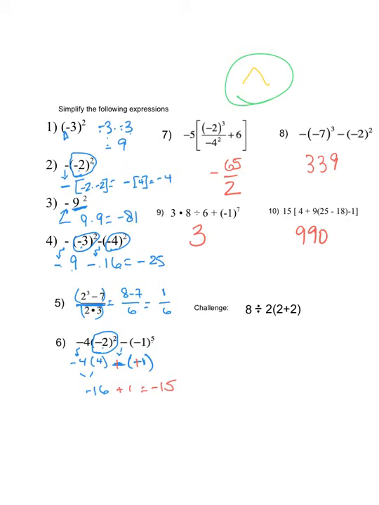Okay, so to begin with, I would do what's in parentheses. So this is 8 divided by 2 times 4. And ladies and gentlemen, remember, multiplication and division, neither one is above the other on the hierarchy, so we just move left to right. So we would do 8 divided by 2 next, which would be 4, and then 4 times 4 is 16. Everybody all right? Just a little something to look at. Okay, so what I would like you to do is on the next page,